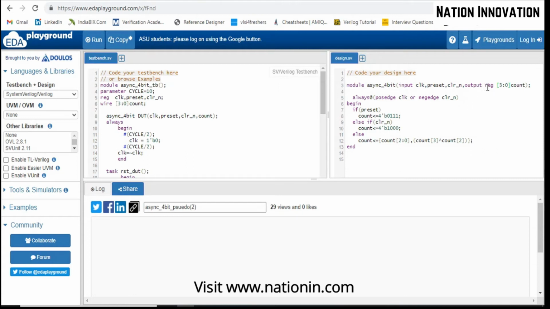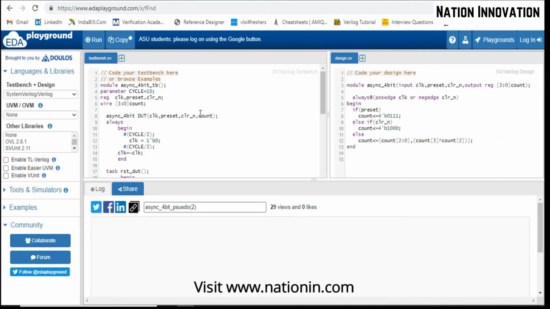And inside the always block, we can use only the reg data types. It is not allowed to use the wire data type inside the always block. You can use the wire data type with the assign statement, but not within the procedural block. Within the procedural block, the left-hand side has to be the reg type. So count is reg here. There are many reasons, and if I go on finding them, there will be many more.